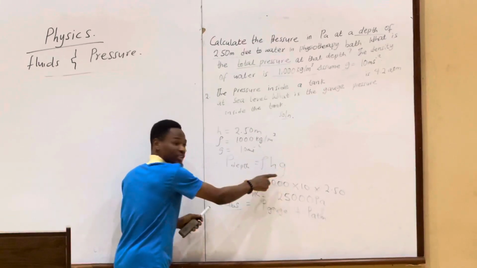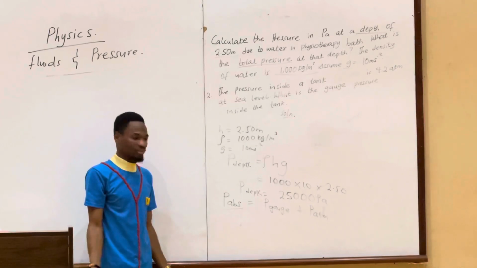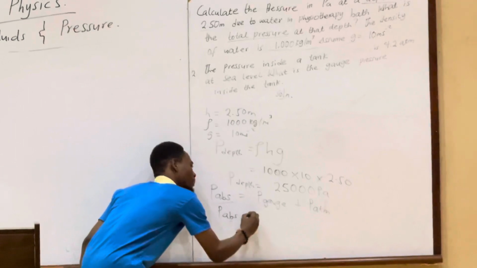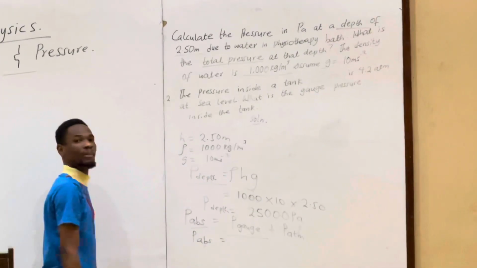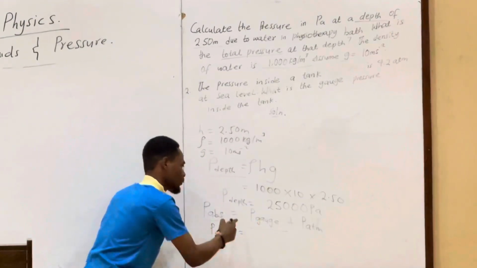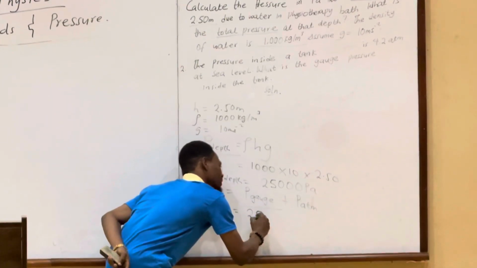The rho g h is the same as the gauge pressure. It's the same thing. So my absolute or the total pressure... Remember, I said my gauge pressure is the same as the pressure at that particular depth. So we are going to have the same magnitude. So my gauge pressure now is 25000